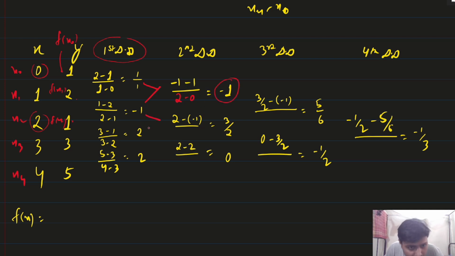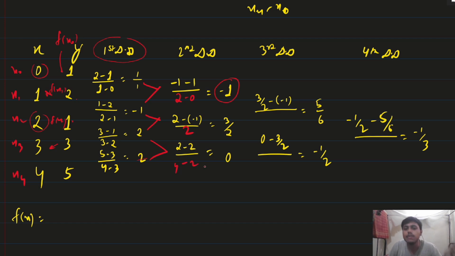Understood? Again we will find 2 minus of minus 1 divided by, see, 3, like this you can see, very easy. 3 corresponds to 3, this corresponds to 1. So 3 minus 1, it will be 2. Here also, see, in the denominator it will be 4 and here it will be 2.